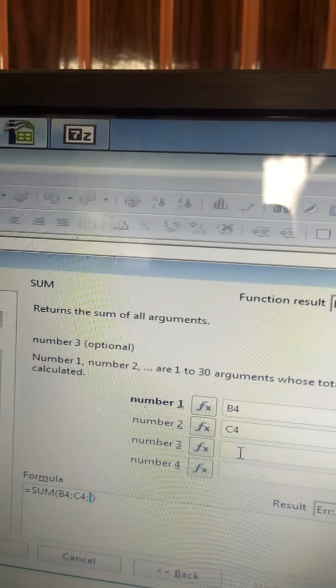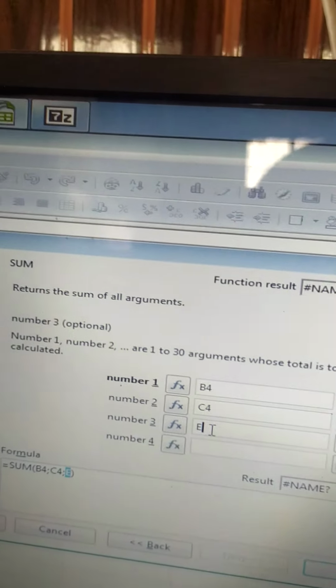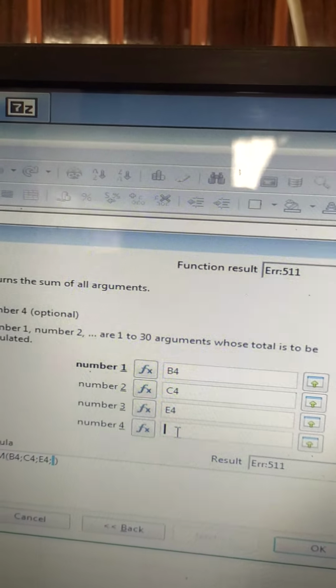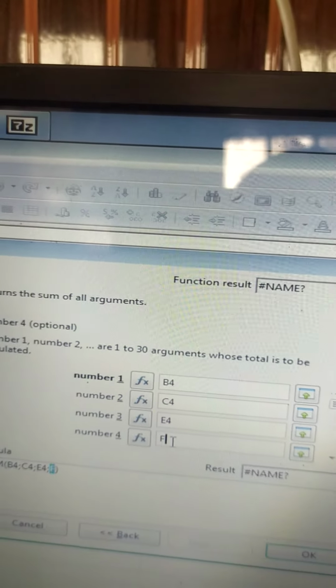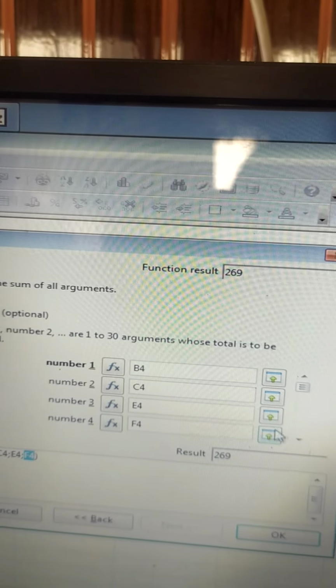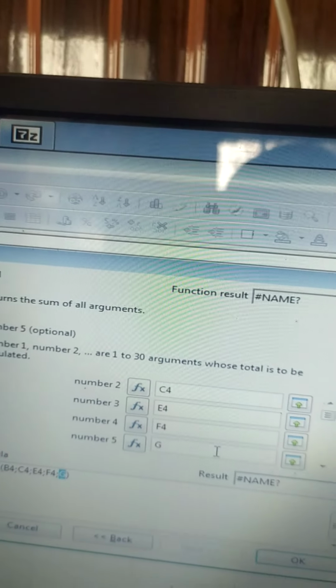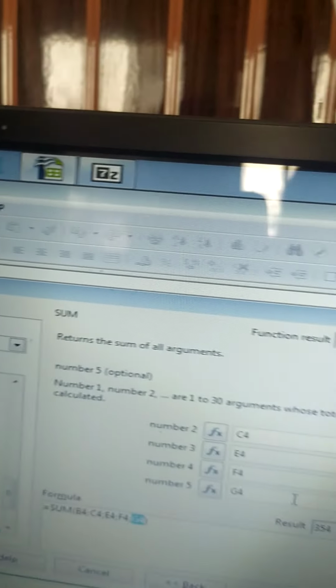The third will be E4, right? Then fourth F4. Fifth number will be G4.